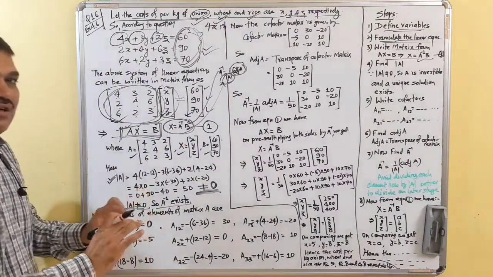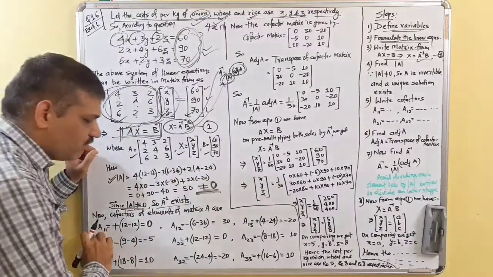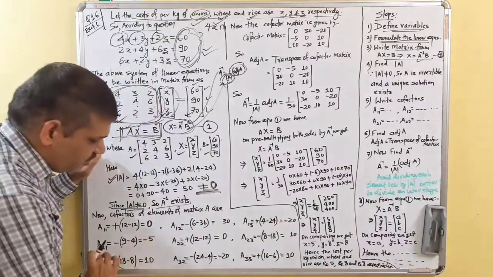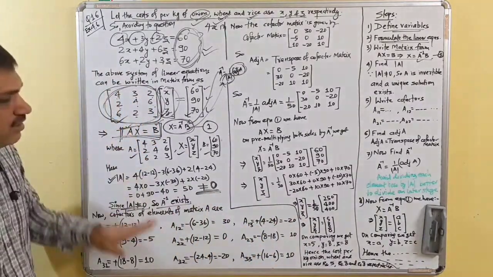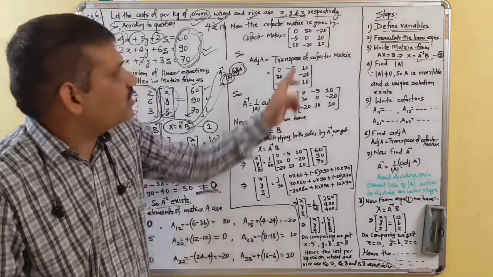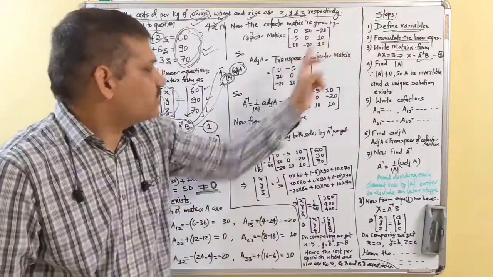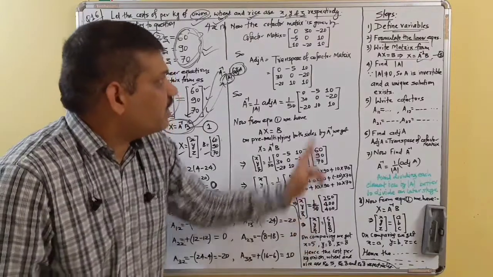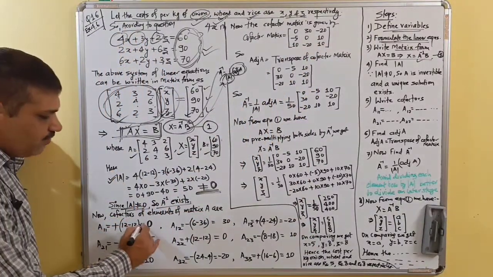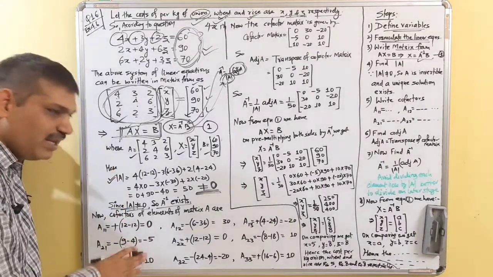How we must do is, we must write the cofactors of first row in one line and of the next one in second line, and the cofactors of the next row in the third line, so that we can quickly write this: 0 30 minus 20, minus 5 0 10, 10 minus 20 10. Now we must practice on finding the cofactors of the elements.